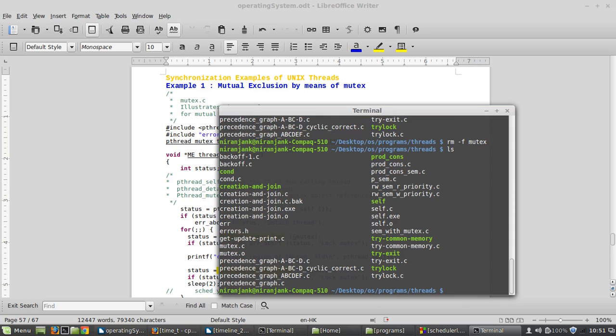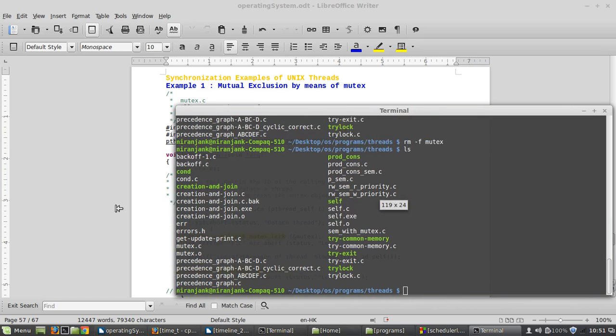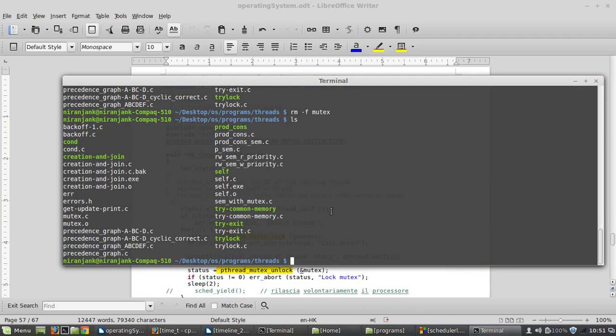I have already an execution file, so you can directly execute, or, okay, let me first delete this already executed file. Okay, there is no more. Now my file is this mutex.c file. Now let's try to